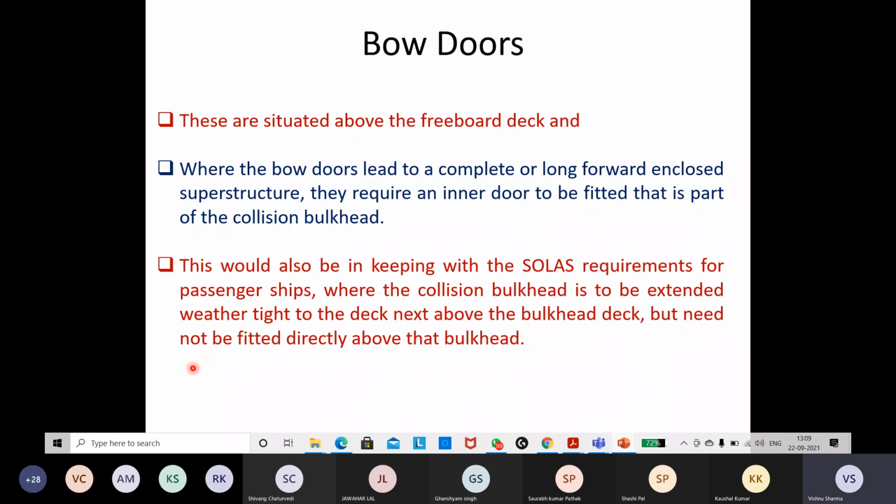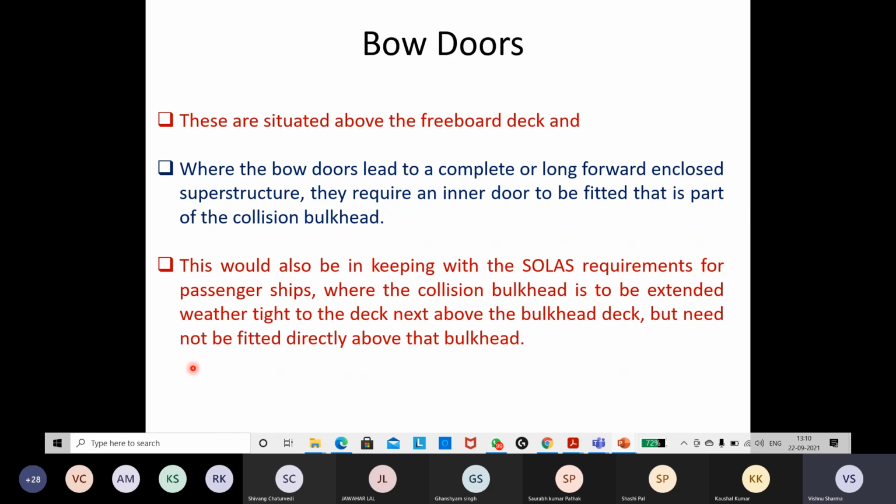But this extension of the collision bulkhead need not be fitted directly above the bulkhead. That means at the bow of a passenger ship, up to the freeboard deck, you are required to have the collision bulkhead watertight like any other cargo ship or any ship for that matter. In passenger ships, even above that, up to the next deck, you're required to have one more bulkhead which is